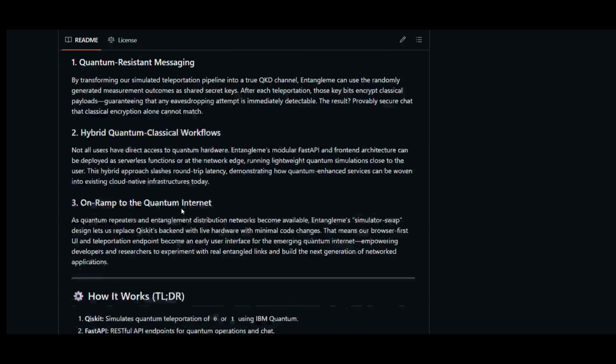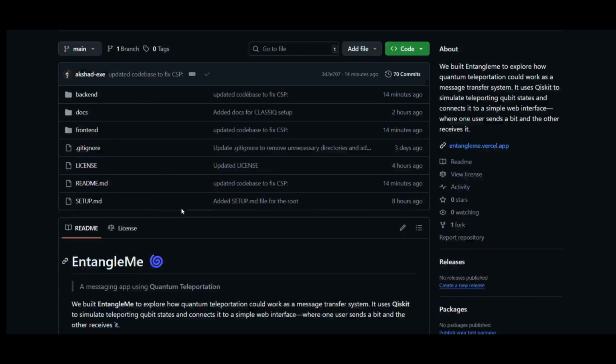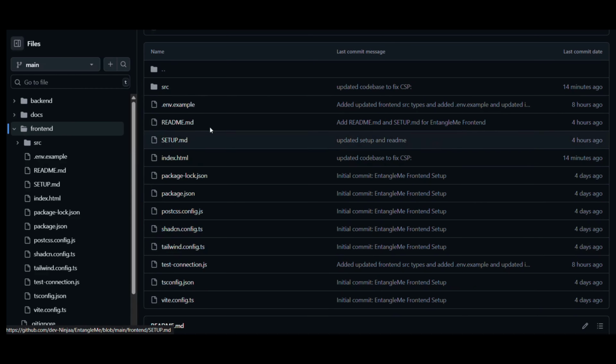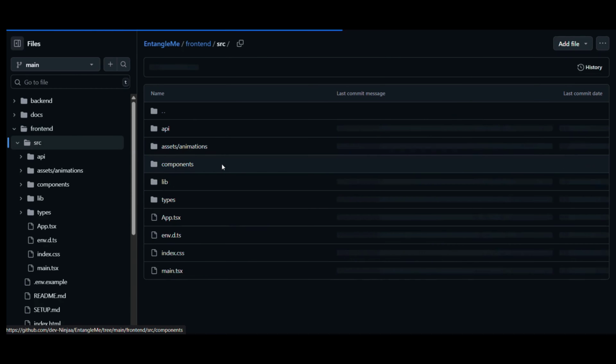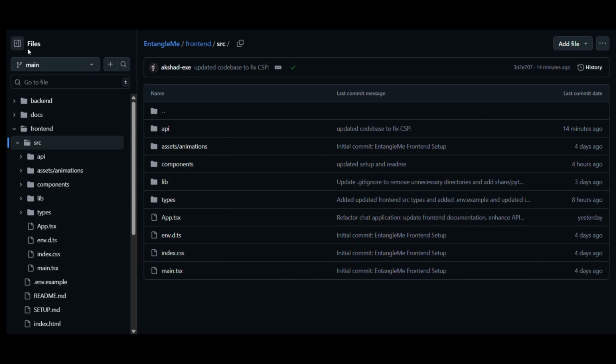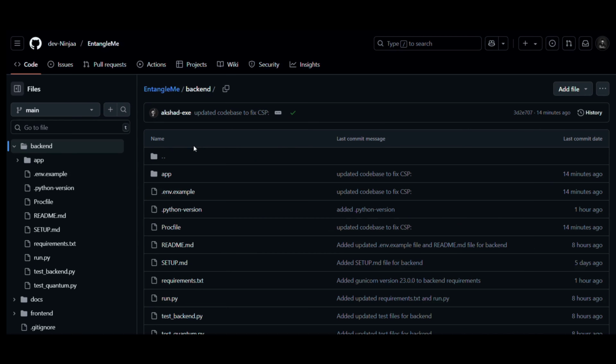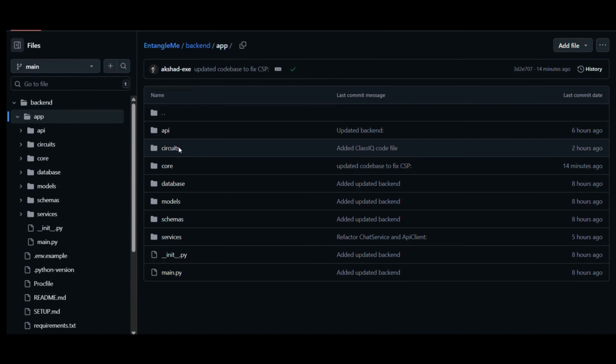Our app has mainly two sections. First is the front end, which is here. If you go on, this is our front end. And about the backend, we have a backend which is using Flask and quantum simulation, basically. We are using Qiskit and we have the circuits. We are trying to use Classiq to generate the circuit automatically. So this is our backend.